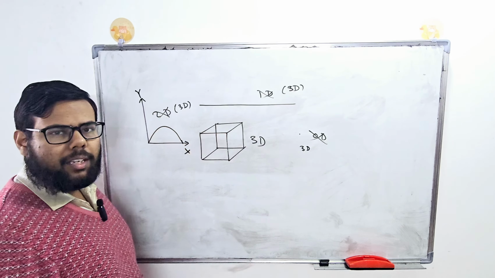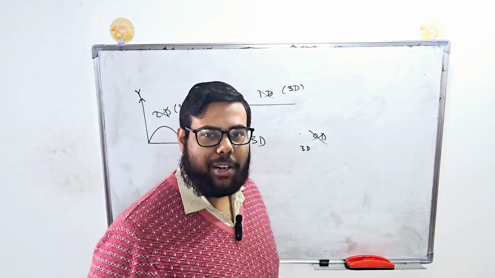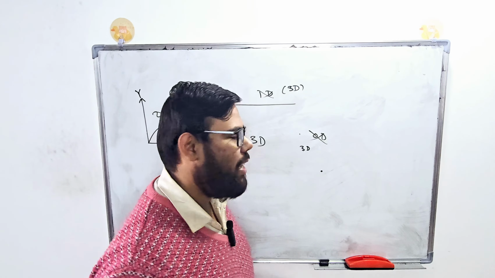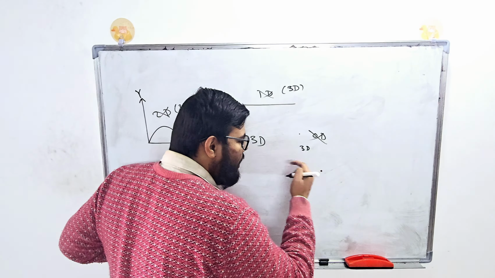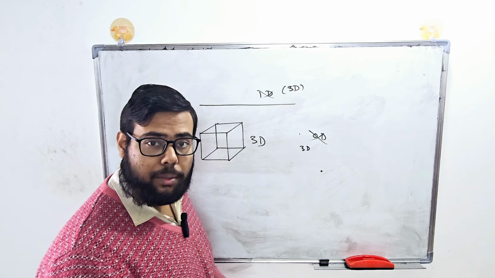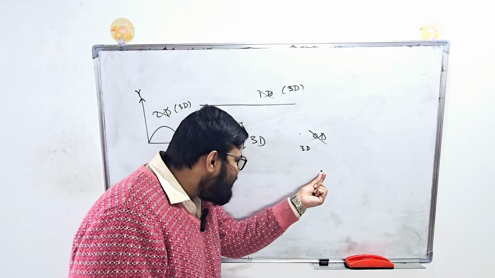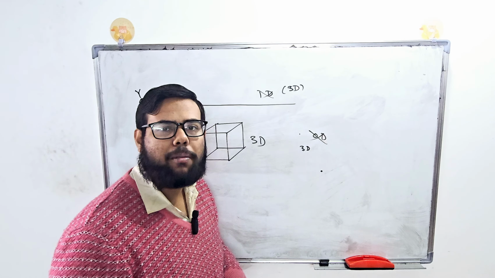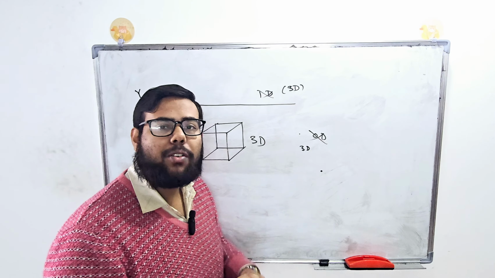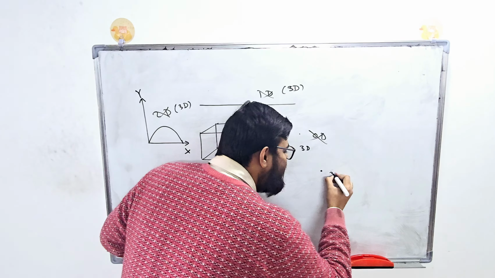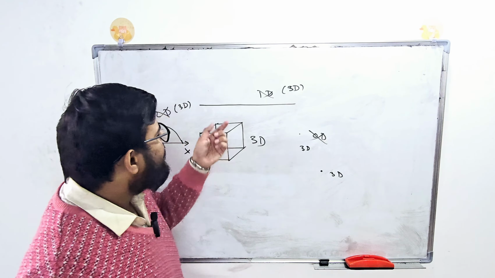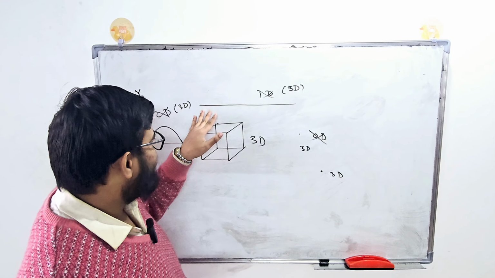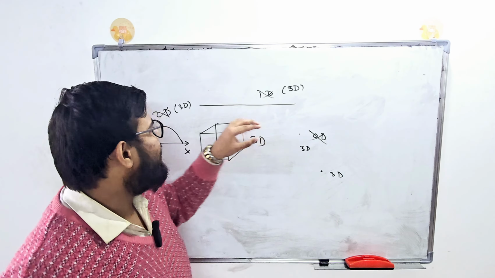Let me explain it. When I draw this dot, what do you think? Is it zero dimensional? No. Why? Because clearly it has some area. So is it two dimensional? No. It has a very slight amount of thickness, very minute, but a minute value is not zero, hence it is three dimensional. When I draw this line, we all have been taught that this is one dimensional, but in reality